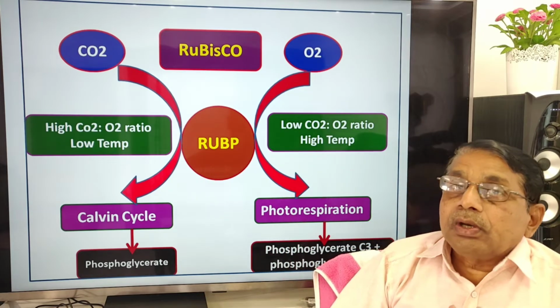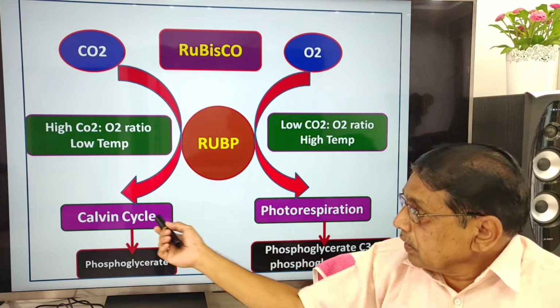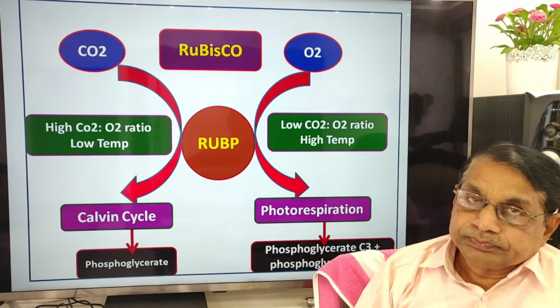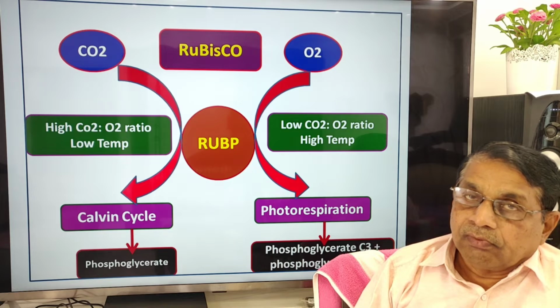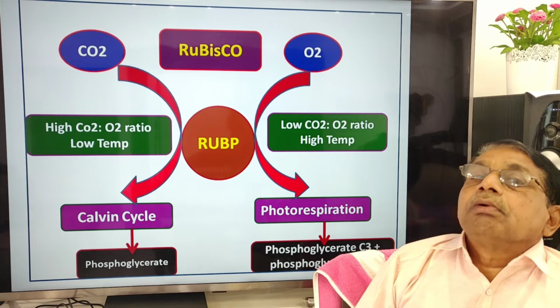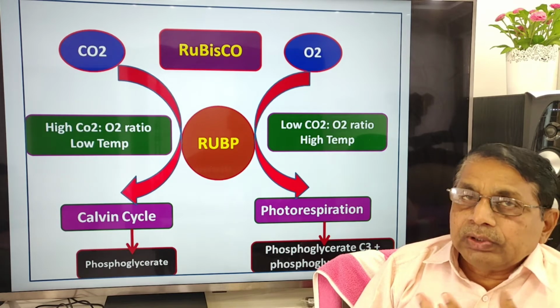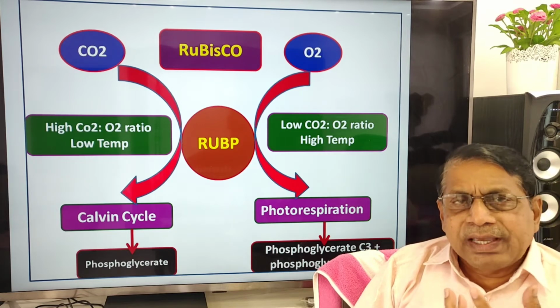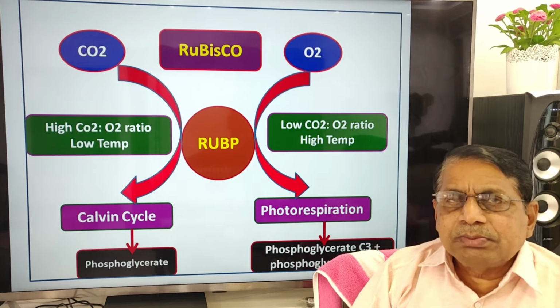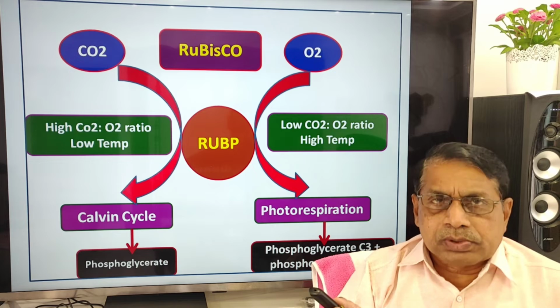When it absorbs oxygen, it is not the Calvin cycle but photorespiration type of reactions. So Rubisco plays a dual role. It has the ability to absorb carbon dioxide as well as oxygen, but which one it absorbs